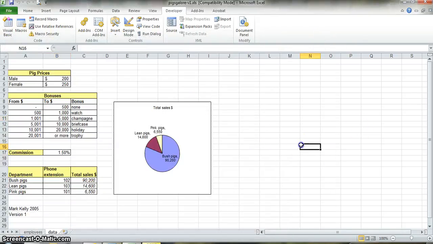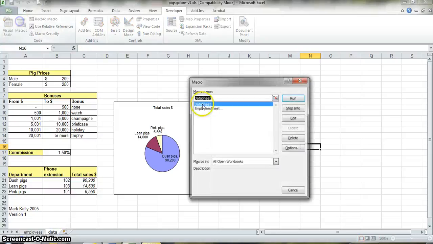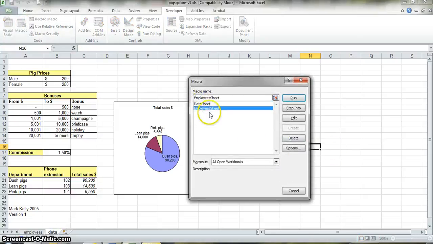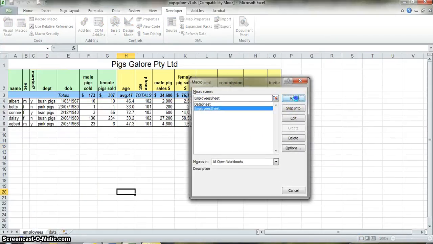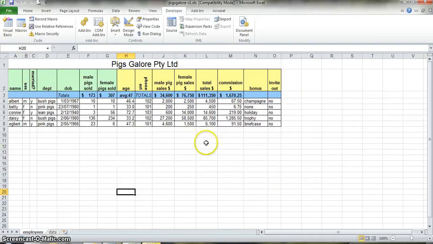I could run the macro, so I'm on the data sheet for example. If I go into the macros, choose the employee sheet and just say run, there you go, it runs the macro. Now obviously macros are great, but it's a bit cumbersome having to go to a menu option and then choose the appropriate macro. One of the other options you've got on this developer sheet is an insert, and